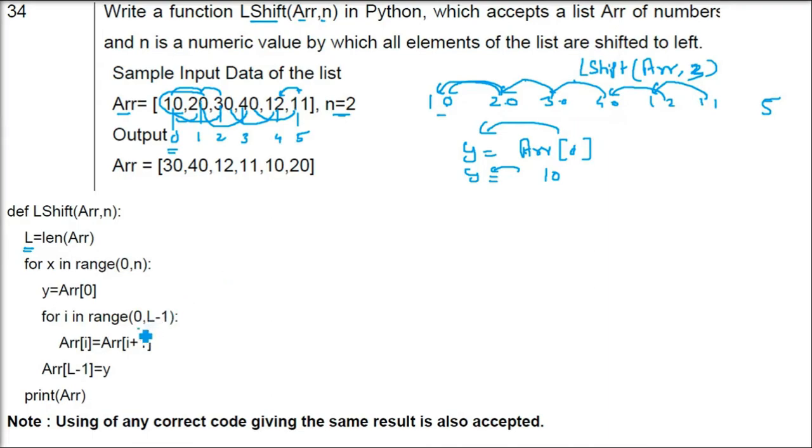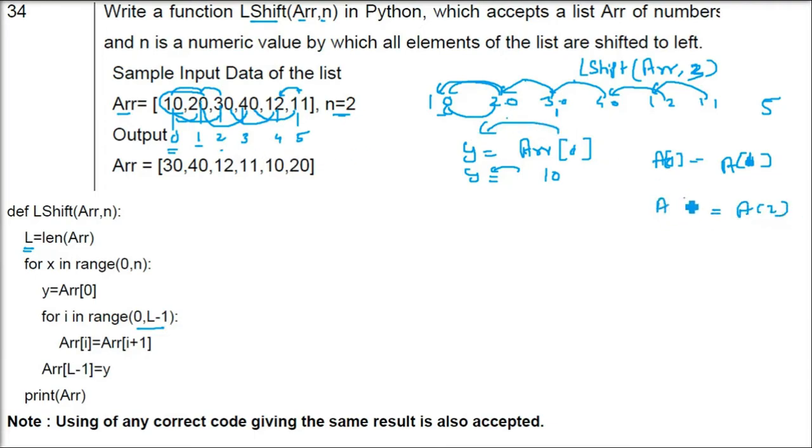So we have to start with 0 till L minus 1. L minus 1, not L. So 20 has come to 10. If we take the index, that is A0, A1, A1 has been shifted to A0 position. That is, 20 has been shifted to 10 position, and 30 is shifted to 20 position.